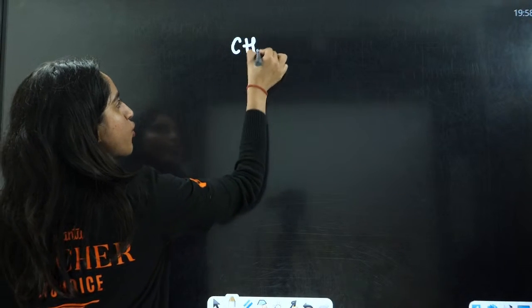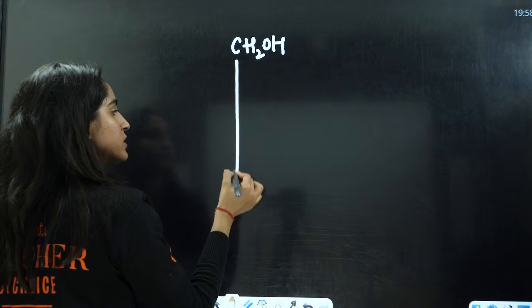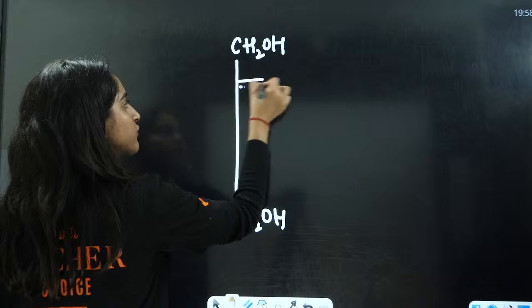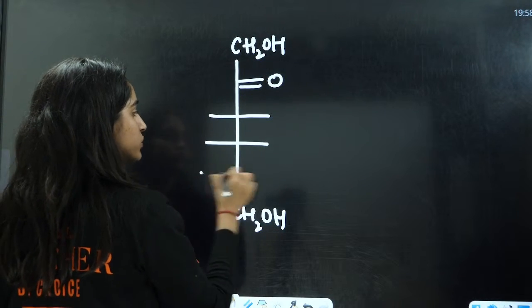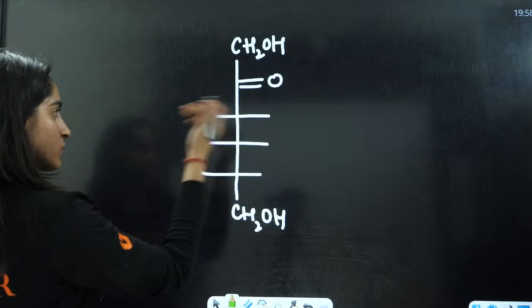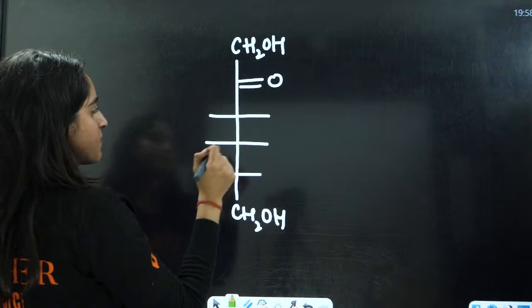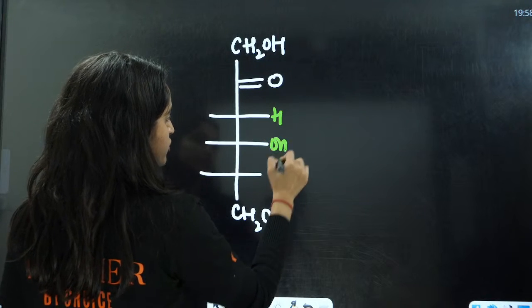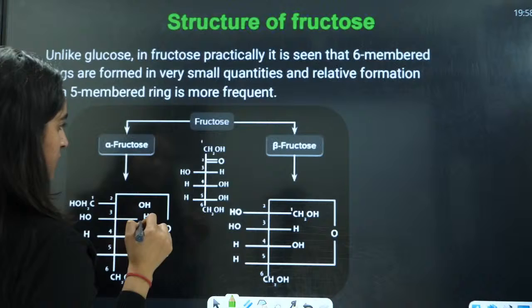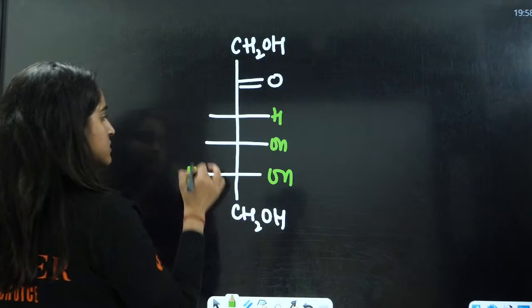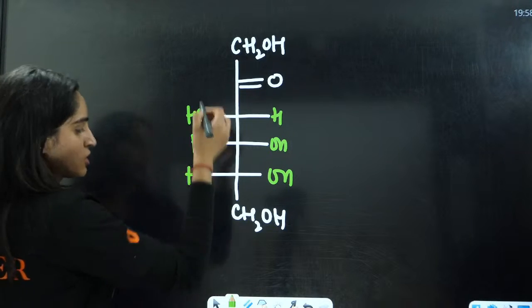You have this COOH group here, and you have this CH2OH group here, right? Otherwise you have this ketonic group here, 1, 2, 3, right? Okay, this is the primary, this is the primary. You have this H, this is OH, this is H, right? Yes, this is H, OH, OH, sorry, H, OH, OH. This is H, this is H, this is OH.